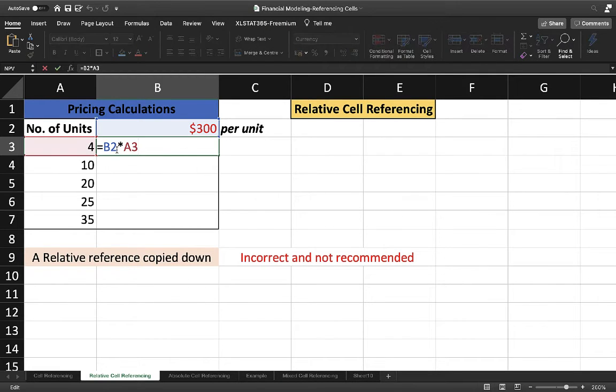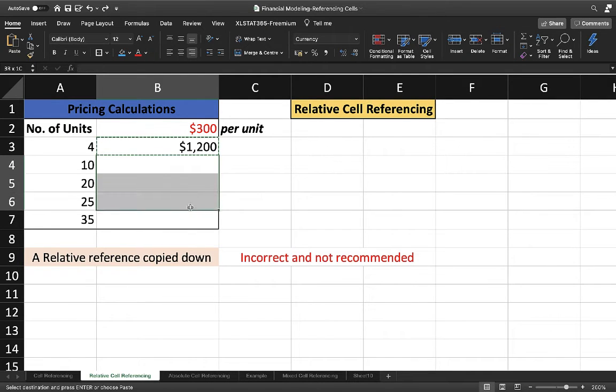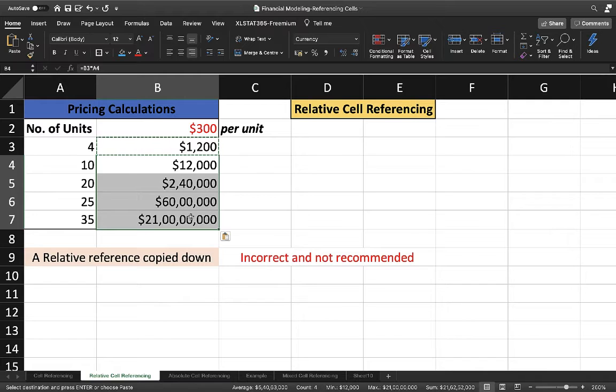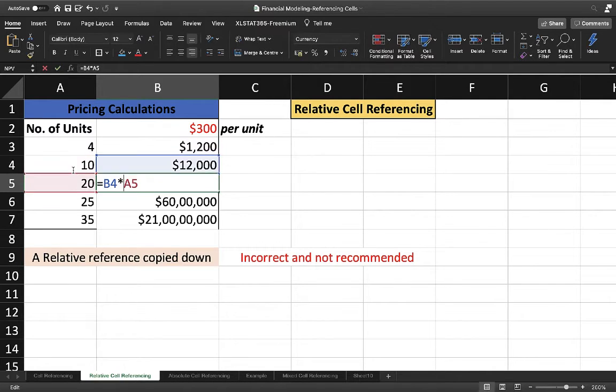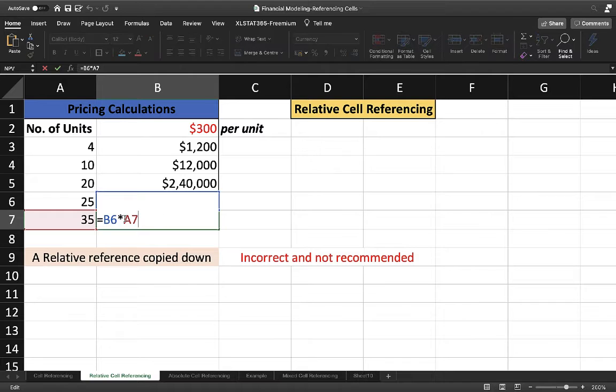Now if I want to use this formula in another cell also, I'll copy this cell and just paste it down in the cells. When you copy a formula with relative reference to the cell below, the row number of the references adjusts accordingly. In the same way, if you copy the formula to the next cell over, the column letters change. For example, here we have used B2 and A3. If you see the next cell, it will give you B3, which means this value is taken as a reference multiplied by the number of units. So here it takes B4, not B2. Here it takes B5 and A6. Here it takes B6 and A7.